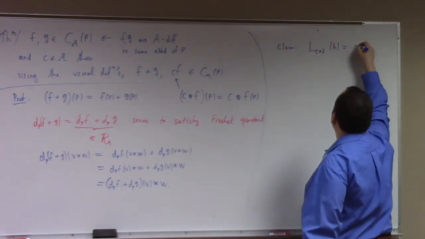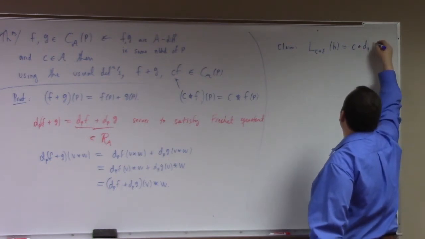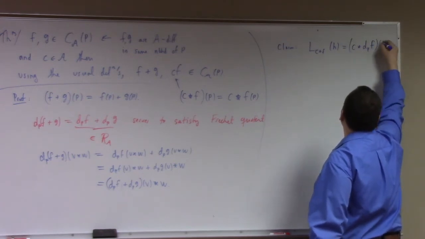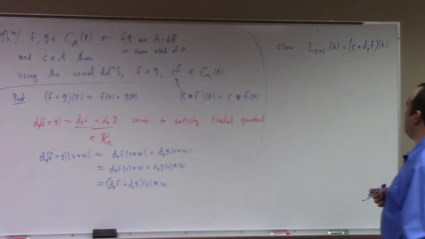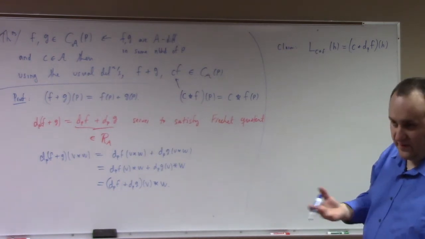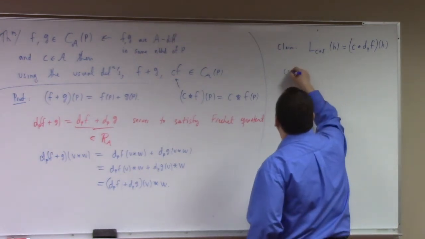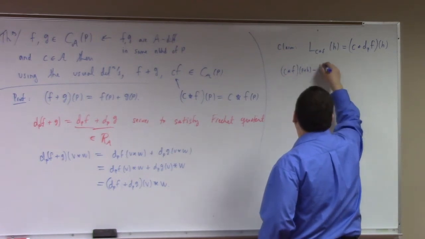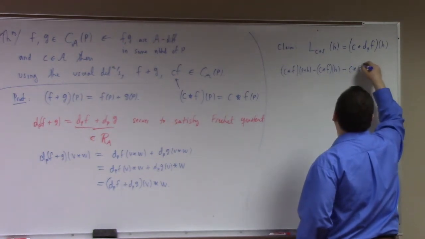You're going to do c times the differential at the point we're interested in, of f, right? That would be my proposal, that we just use the scalar multiple of the differential for our differential. And so if you look at c star f of p plus h minus c star f of p minus c star d_p f of h,